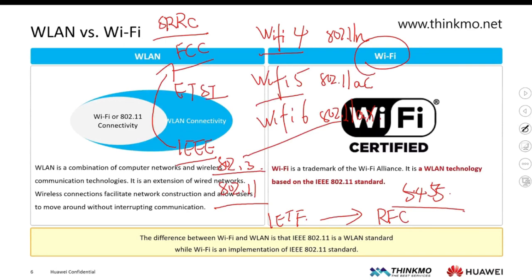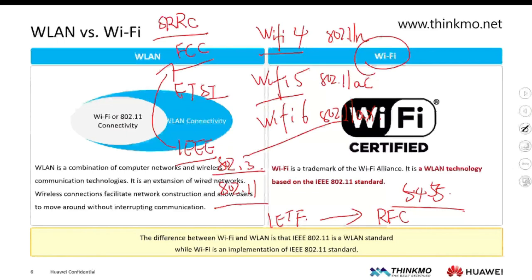The existence of various certification bodies is due to the fact that each country has different requirements for wireless devices. This is mainly reflected in several aspects. Antenna transmission power. The antenna transmission power for wireless devices is regulated differently in each country, as well as the channels. Different countries allow different ranges of wireless channels, and modulation techniques may vary by region. Therefore, the Wi-Fi Alliance and other organizations need to conduct unified certification to ensure that different devices and standards can be compatible and operate globally.